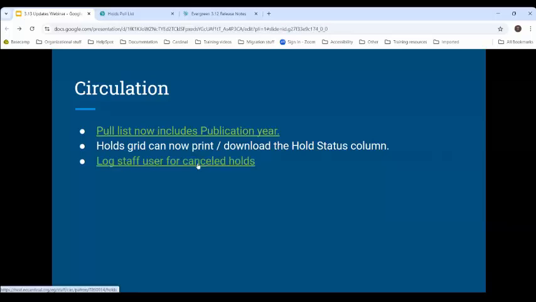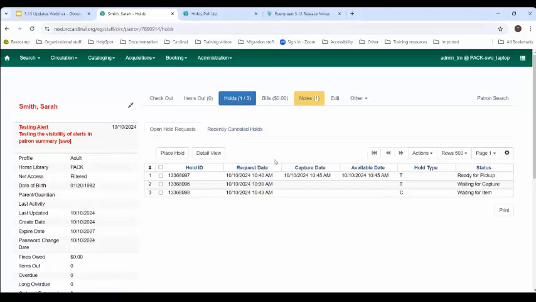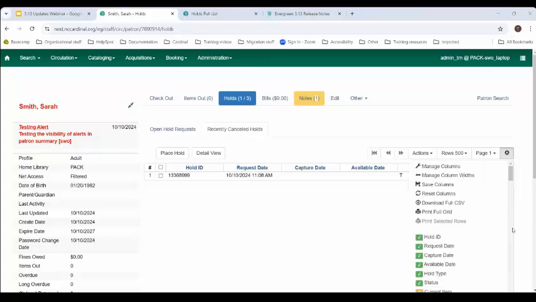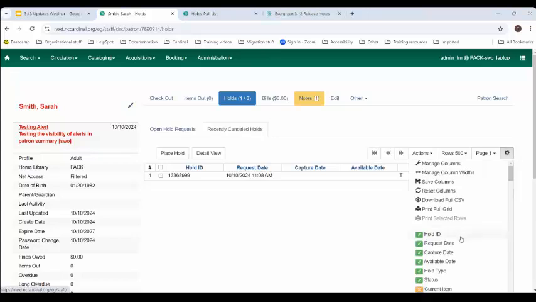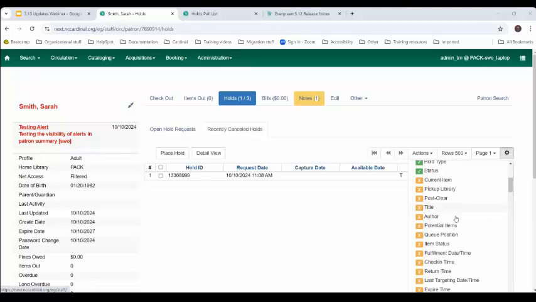Evergreen now keeps track of the staff user that cancels holds. So let's take a look at that. If I go into a patron's hold list and I go into her recently canceled hold, and this is a fake patron, so don't worry, I can now come up here to my grid management menu, and I can find, oh, and this one is actually one that has not yet had the checkbox update. And I can find,